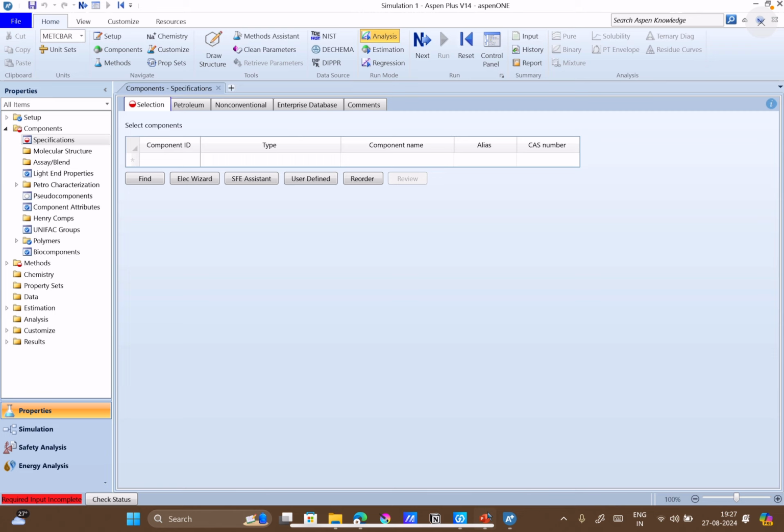It is running good for me with Peng-Robinson. Ethanol and isobutanol, I tried it. It is running successfully for me. So it could be that you might not have purged your previous simulation, Sailendra Kumar. Because of that, it might be showing an error.